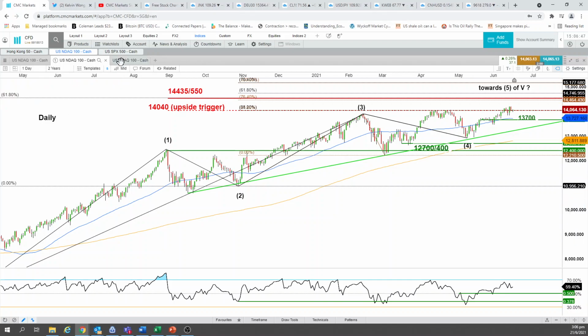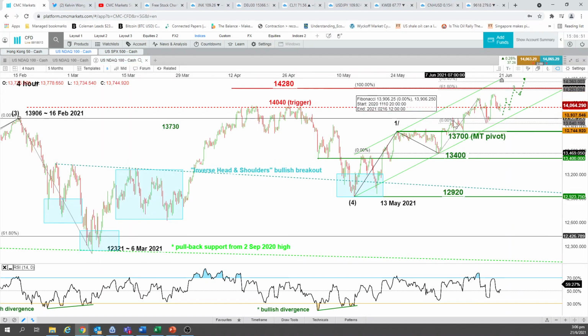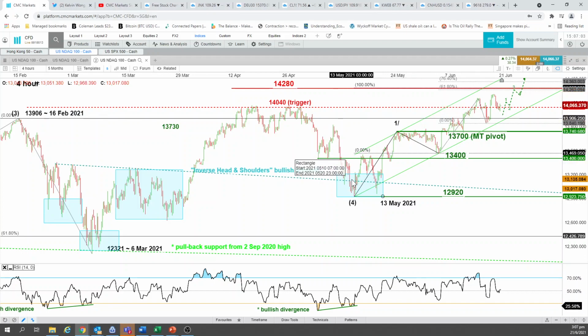All right. So for the key strategy or the strategy chart for this coming week, so still unchanged. This Nasdaq 100, ever since the low of 13th of May, is still going to evolve within this bullish ascending channel, a minor ascending channel ever since there's this retest of this inverse head and shoulder bullish breakout neckline resistance turns into a pullback support over here. So using 13,700, which is the 50-day moving average, as my key medium-term pivotal support level, unchanged.